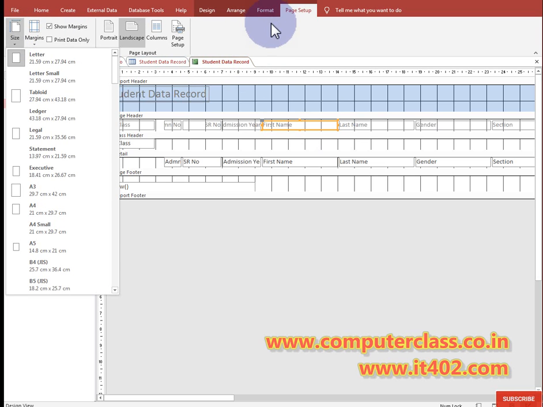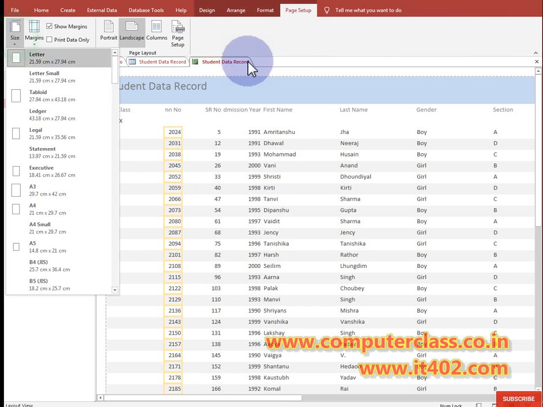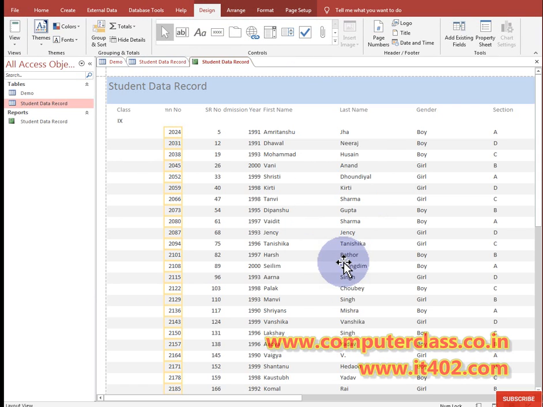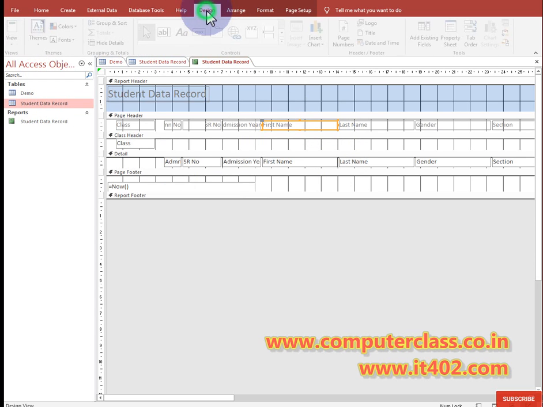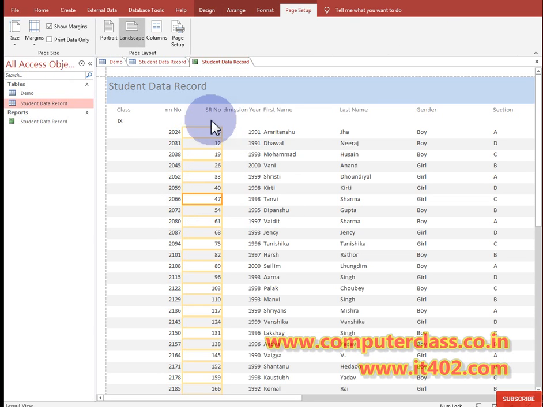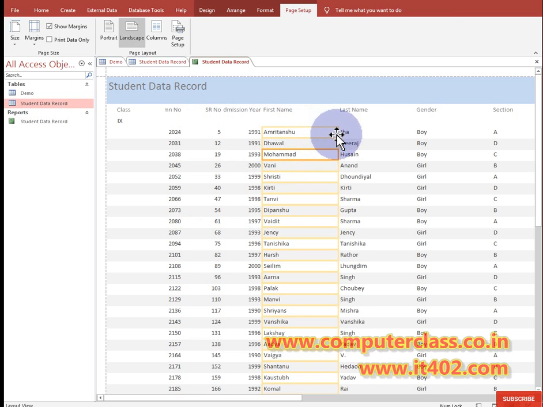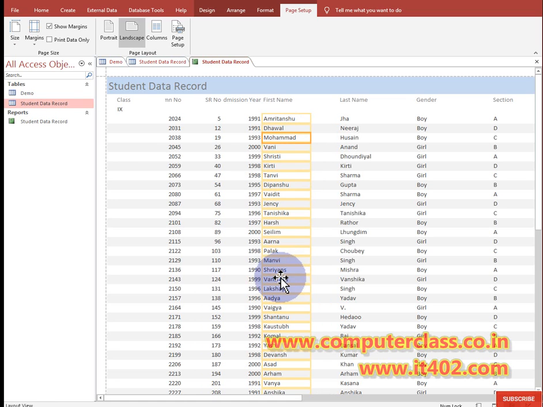So just click here, click on design and come to the report and click on layout view. So here is the layout view. So in layout view we can also arrange the column width or height, column size. But in design view you can also do it. In design view it is somewhat difficult. So we can do this by clicking on the design tab, then clicking on layout view, and here we can easily use this option, because if we click here, we have the border, and in the border if we click, we will be able to do that particular task like that.